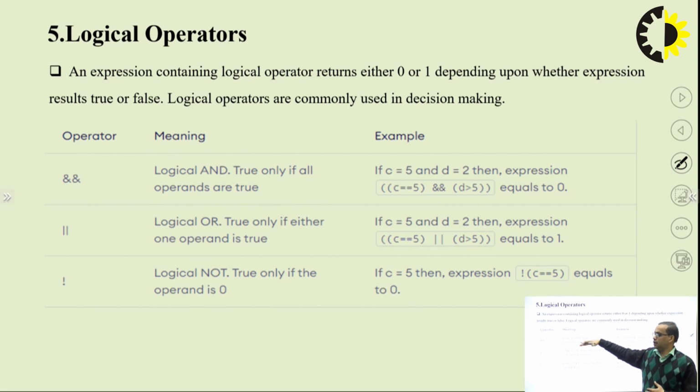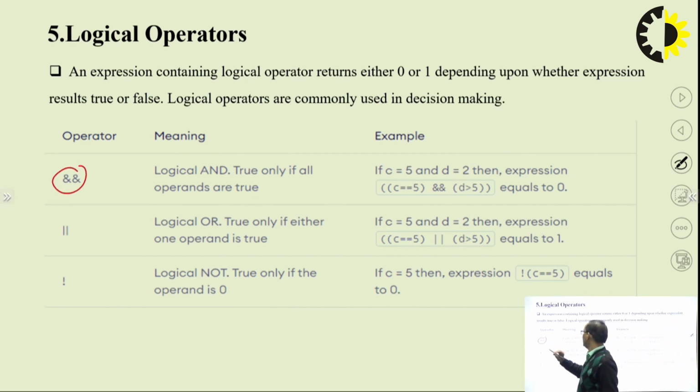Again let me explain. Logical operators are basically used in a situation when we have to execute a particular statement on the basis of the decision of more than one condition. Okay, so for that purpose, to combine more than one condition, we have to use the logical operator. First, this logical operator is known as the logical AND.